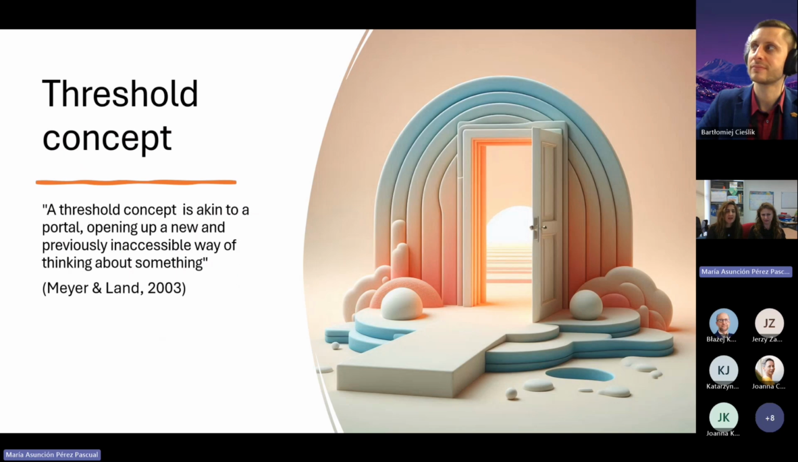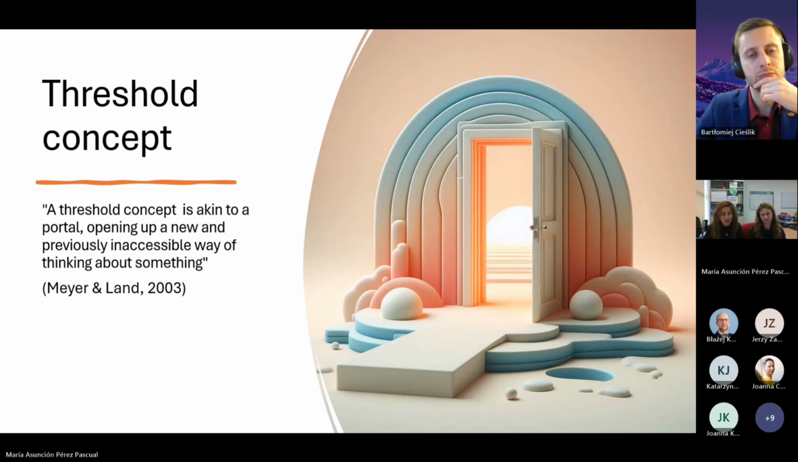So let's move to see what a threshold concept is. This term was proposed by Meyer and Land in 2003. They say that it is akin to a portal, opening up a new and previously inaccessible way of thinking about something. We relate that to the classroom when you are teaching and you have a concept that you know